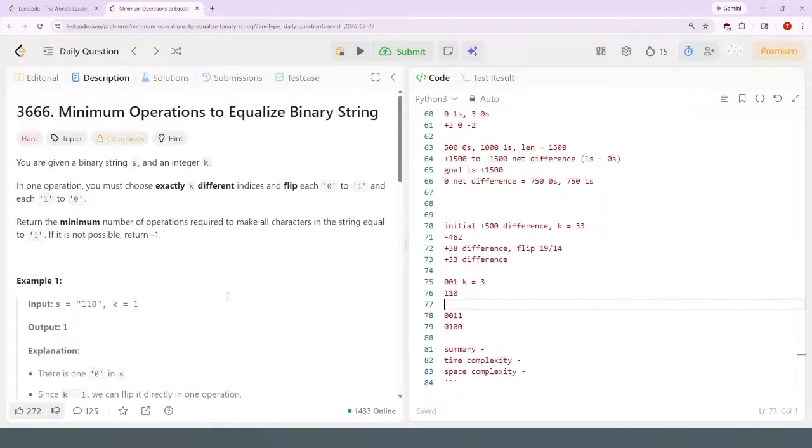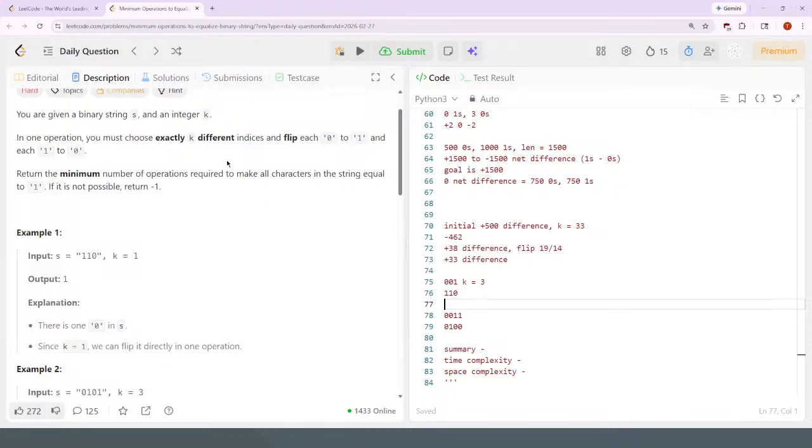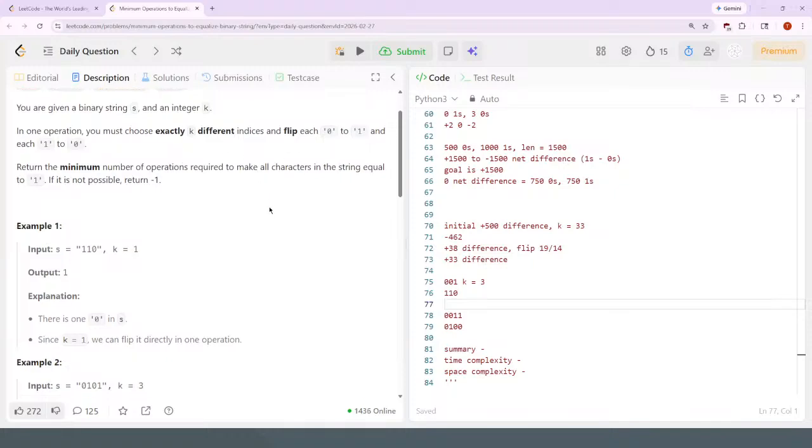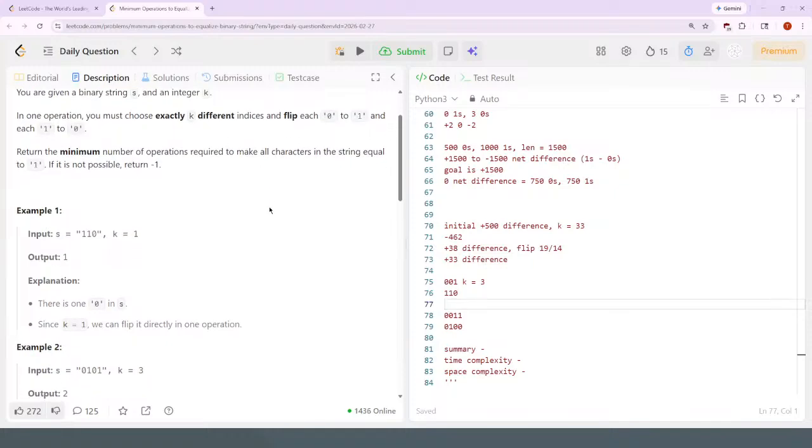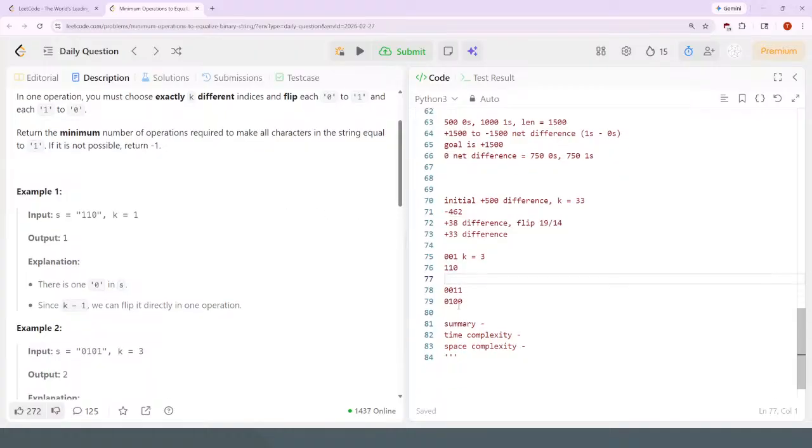This thing would be easier if it was flipped the other way around: minimum operations to make the string all zeros. In any case, alright, well, there's only